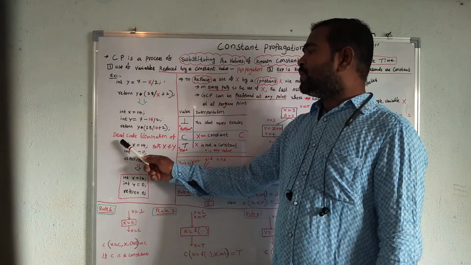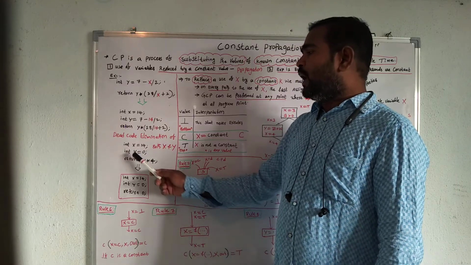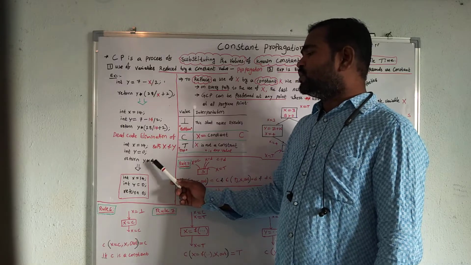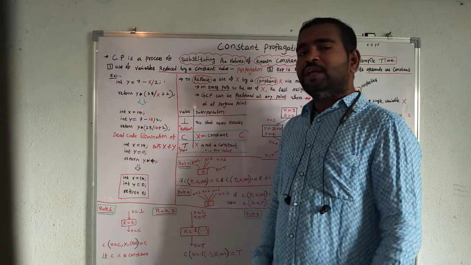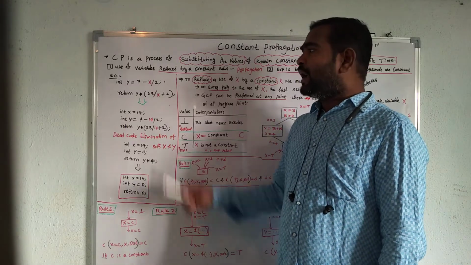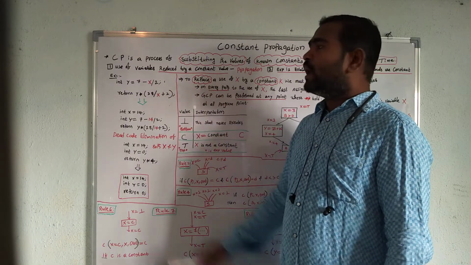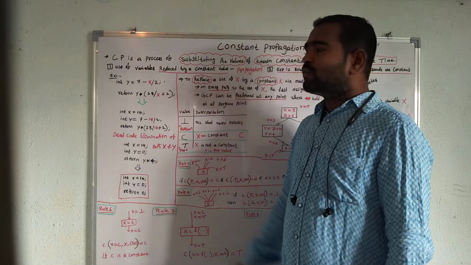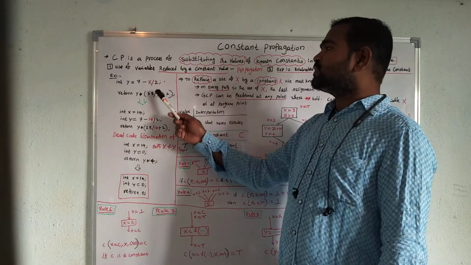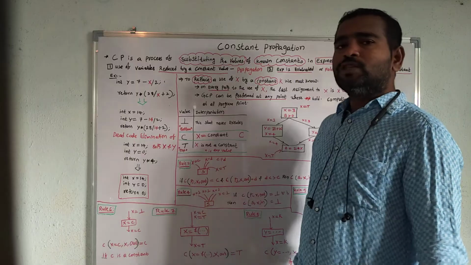So what happened here is dead code elimination of both x and y. The x value is 14 and the y value automatically becomes 0 by using this expression, and the return value is 0. Dead code elimination means unnecessary statements can be eliminated or avoided, and constant propagation is nothing but a variable being replaced by a constant value. Here I substitute the value of known constants: x value is 14, I substitute it at this location. This is called constant propagation.